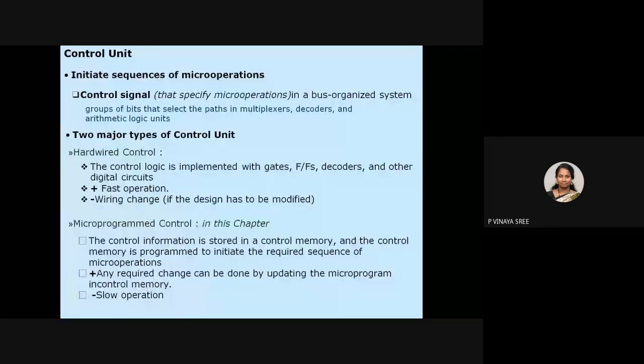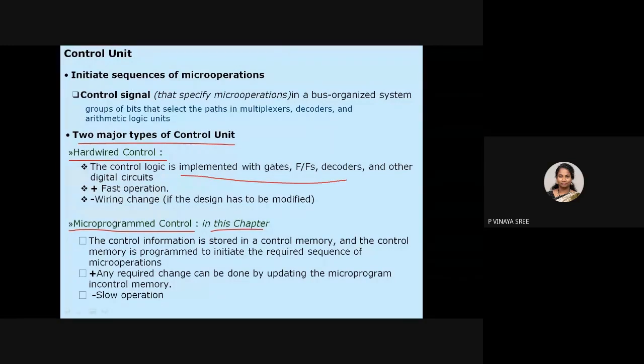Coming to the control unit, it can be implemented in two ways: one is the hardwired control unit and the other is the microprogrammed control unit. In a hardwired control unit, the control unit is implemented with gates, flip-flops, decoders, and other digital circuits.